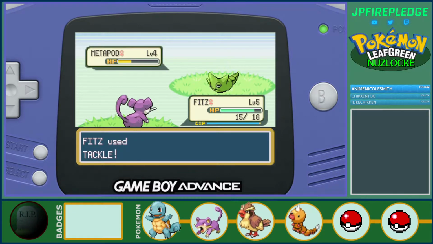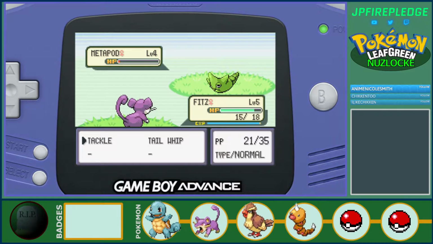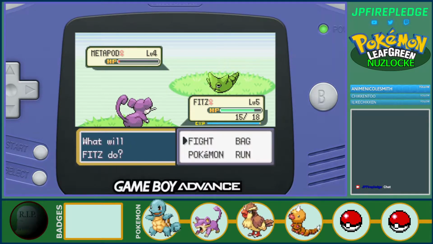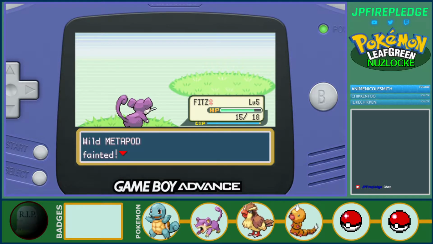Alright, let's get Fitz to level 6. I just thought of something actually. Let me look. Hold on. This might not be working. Okay, no, it does work. I just didn't have it turned on yet. I put all these comments in here to show the rules and stuff when people came on, but I didn't actually see them pop up, so